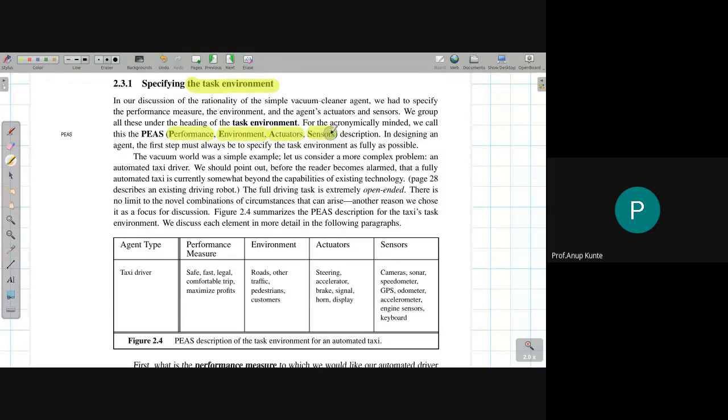As we say, for an agent to be rational, it should have the performance measure. It should know the prior knowledge it has about the environment, and that would be known through the study of the environment. So you should get a thorough understanding of the characteristics of the environment, or the task environment as they refer to it. Then you should know the different actuators, because with the actuators the agent is going to manipulate the environment state. When it does an action, the state of the environment gets manipulated, so actuators are the components of the agent's architecture that will actually do those actions.